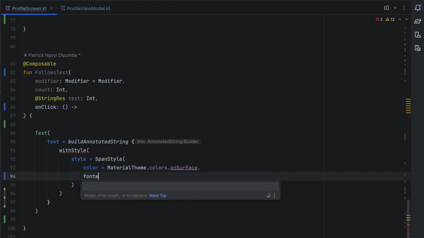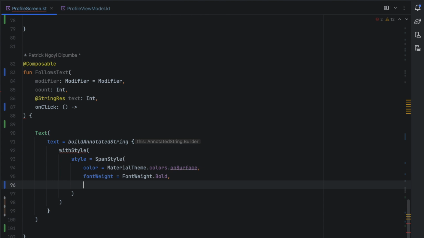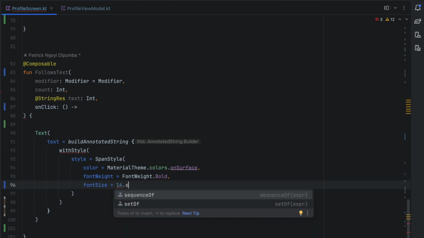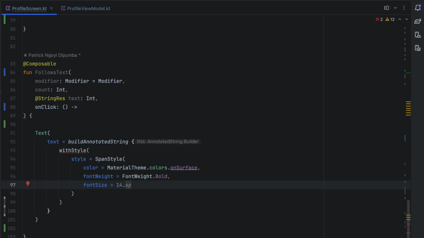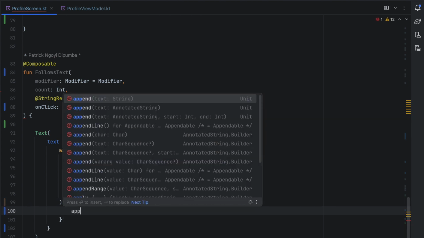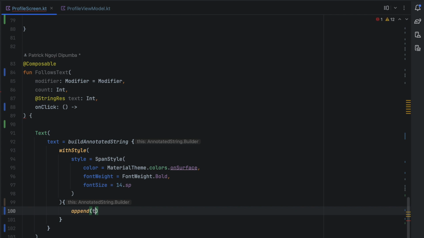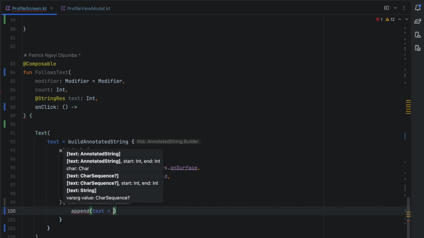So the font weight will be bold, and for the font size we'll use 14 sp. Option enter to import the sp. So to this style we need to set the count text. So for that you can call append, and the text